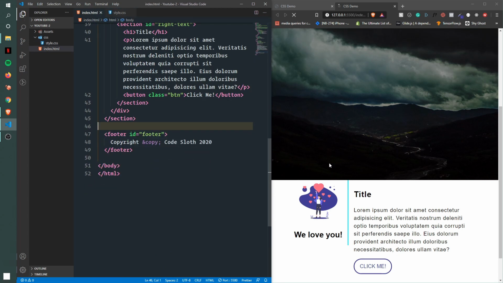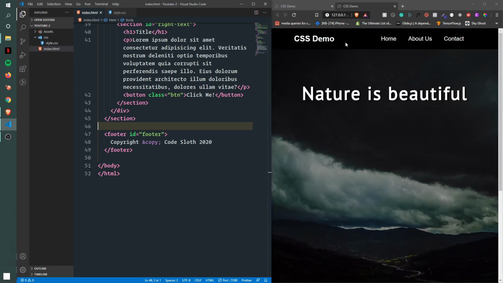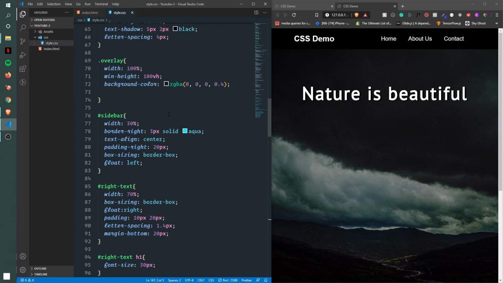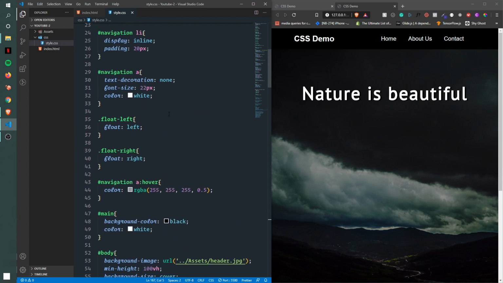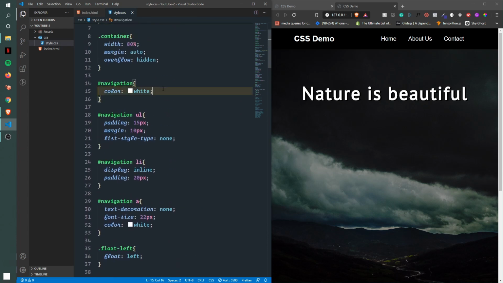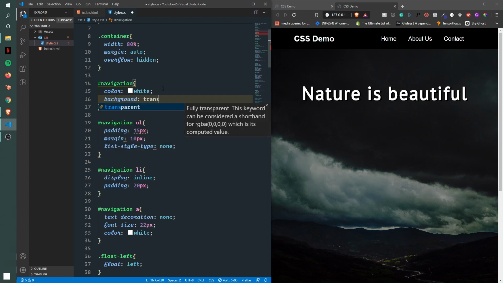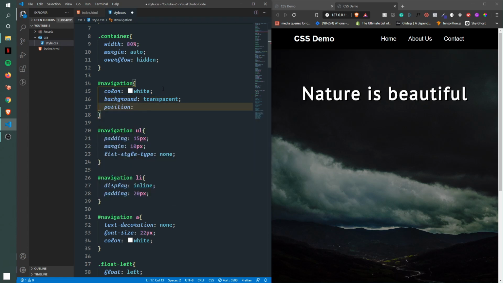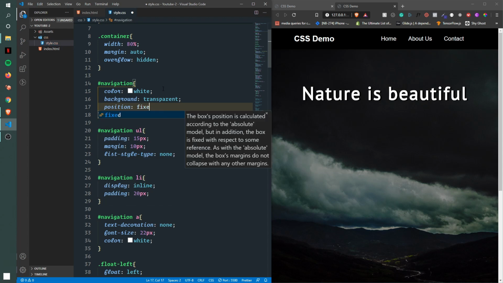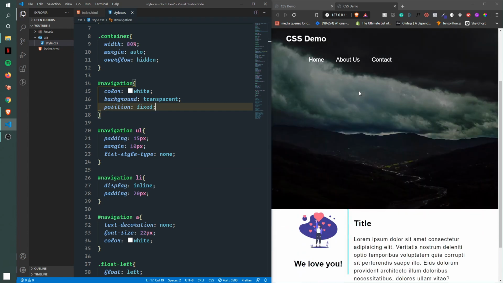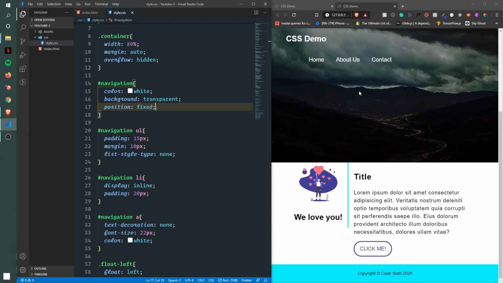Okay, let's focus on the transparent header now. So let's go back to CSS and find our main navigation element. And we'll give it a background color of transparent. And let's see what that looks like. There's no significant change. And why is that? Because it still is not overlaying on the image. So for that, we'll give it a position of fixed, and now you can see it is overlaying on